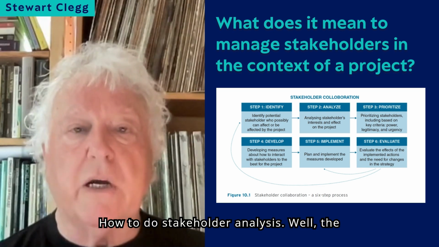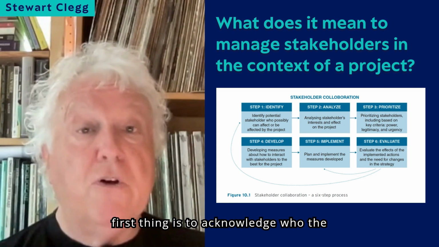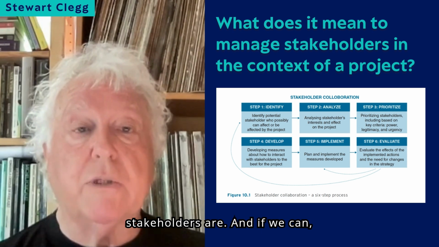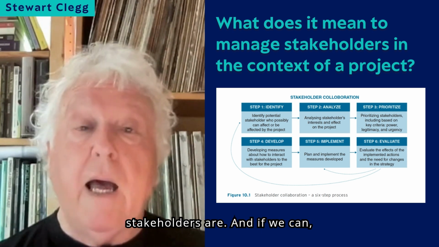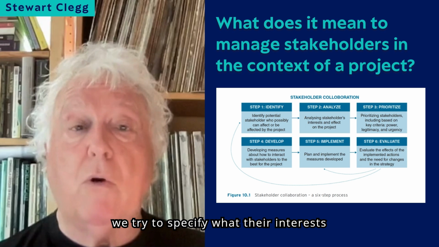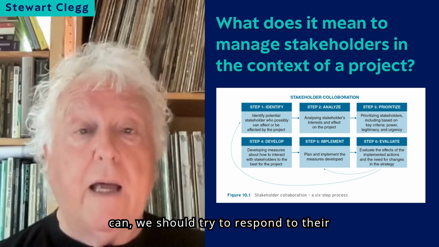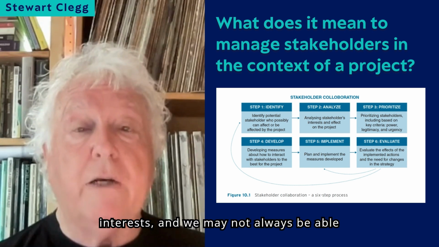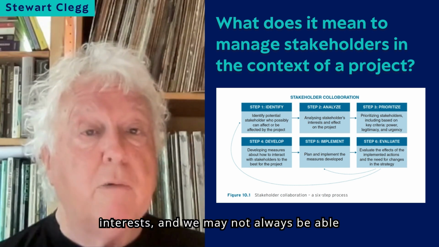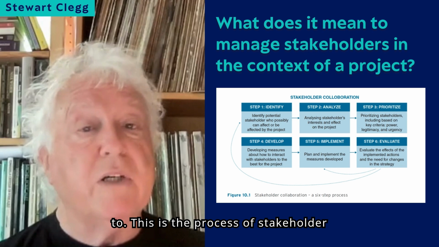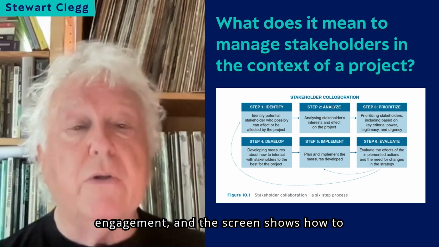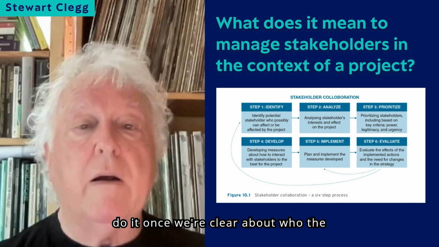How to do stakeholder analysis? Well, the first thing is to acknowledge who the stakeholders are. And if we can, we try to specify what their interests are. We may not always know. And if we can, we should try to respond to their interests, and we may not always be able to. This is the process of stakeholder engagement, and the screen shows how to do it once we're clear about who